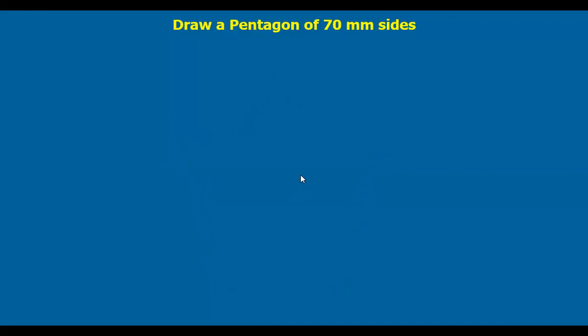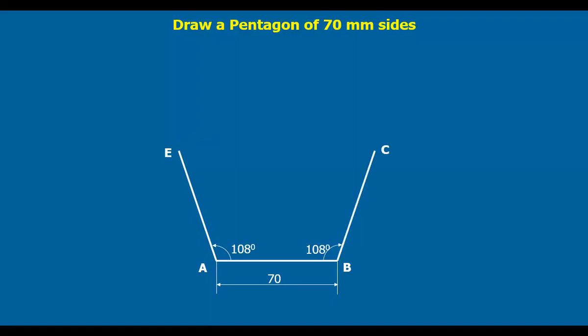Now I want to draw the same pentagon, but with a little difference. Here we have taken an AB edge of 70 mm long and drawn a line at 108 degrees, and another line at 108 degrees at B. These two lines. Now, without using any angle here at C and E,